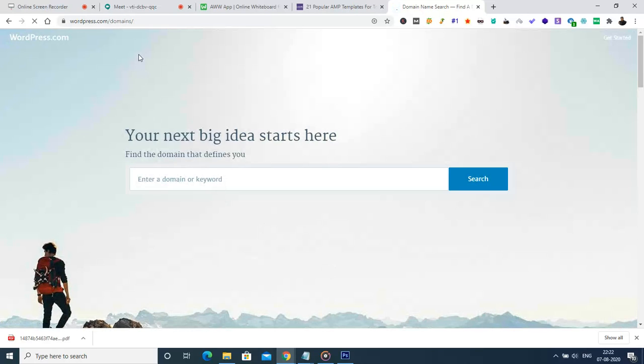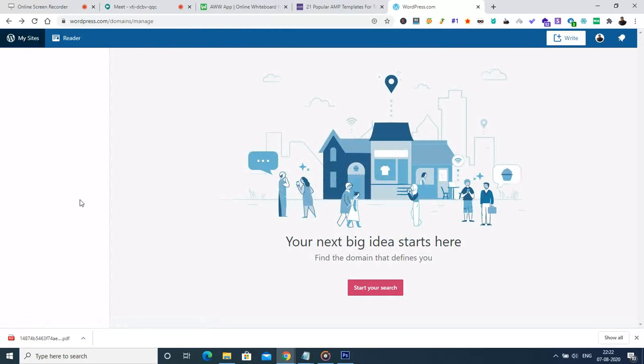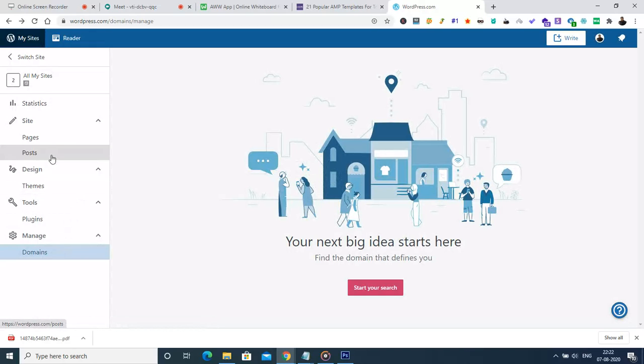So this option will help us to identify a domain for our website. But right now we might not think of going for a paid version of the domain. So what we can use is a WordPress subdomain for creation and demonstration purposes. Right now, to create a new page, we have to go for the pages option.